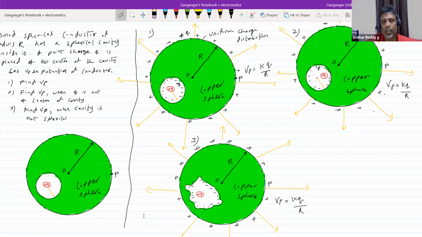The position of the point charge inside the cavity and the shape of the cavity will not have any influence on the distribution of charge on the outer surface. Long back, in the beginning itself, we made that clear, no? That only I'm applying here, with the outer charged surface similar to a charged conducting sphere. That's why I'm able to write the equation. If it is some other shape, like a cubical box, I cannot write KQ by R. I don't know the formula for the potential on the surface of a cuboid or a cube.